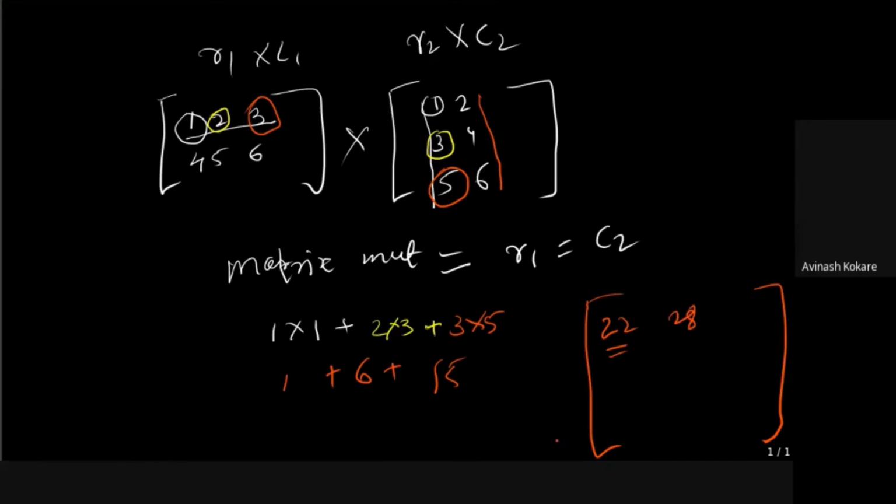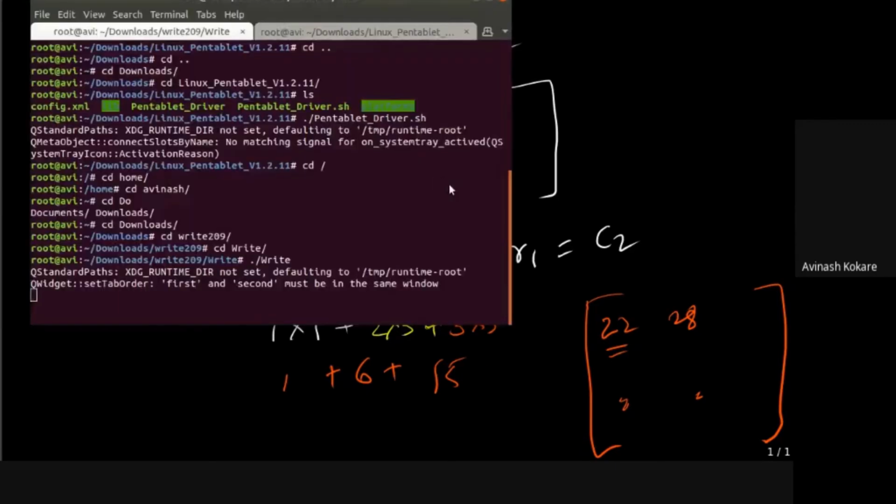Maybe 28. Okay, so this is the second value. Then you will change the row and repeat this step. So next, am I right? You will change this row and then again repeat this step. And here you will find the matrix value. And so on, this process is continued. So this is what a matrix multiplication is.